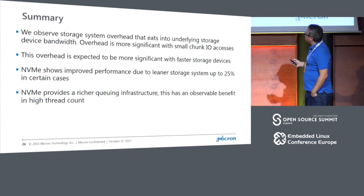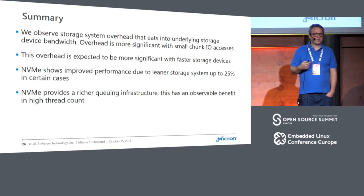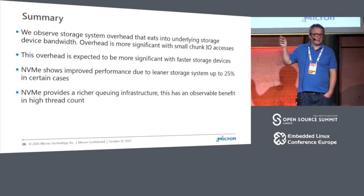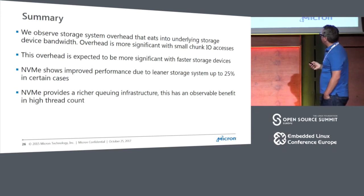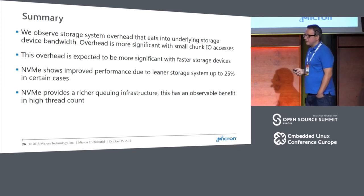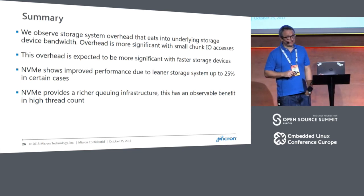Another important point: as the devices are getting faster, this overhead is proportionally going to be bigger, so it's going to be more significant. Remember, we were using 128 gigabyte devices. If you double or quadruple it, the underlying storage technology gets faster, and the system overhead increases proportionally. NVMe shows improved performance due to the leaner storage system. We estimated it to be around 25% in some cases, but in other cases it is also not insignificant. And the last point is that NVMe provides a richer queuing infrastructure, and this has an observable benefit